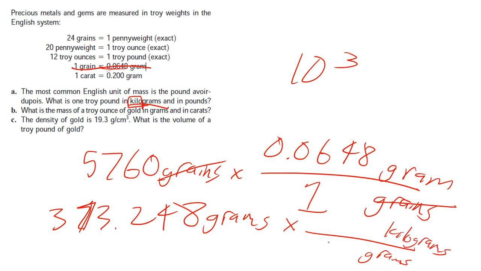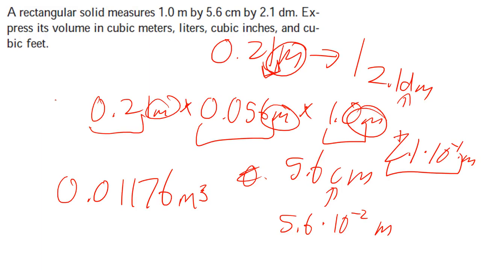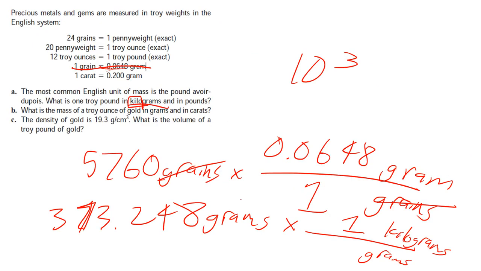Kilograms is a bigger unit, so 1 kilogram. How many grams are in 1 kilogram? Well, look over here. There's 10 to the 3 grams in 1 kilogram. There's no prefix with the gram, so it's just assumed as 1. So 10 to the 3 grams. So 373.248 divided by, and once again the grams cancel, divided by 10 to the power of 3, and you get